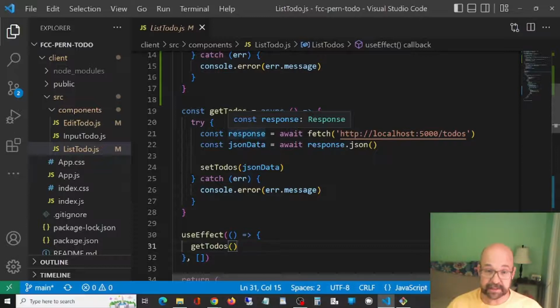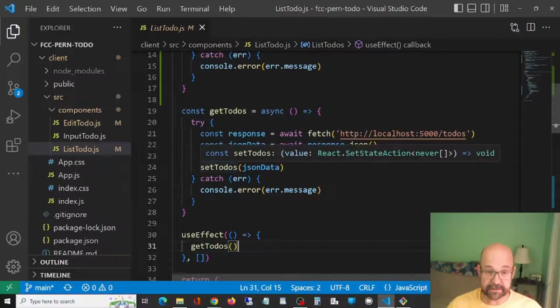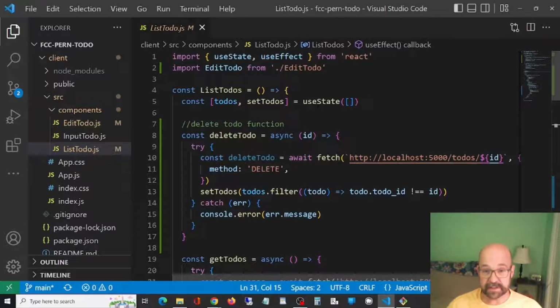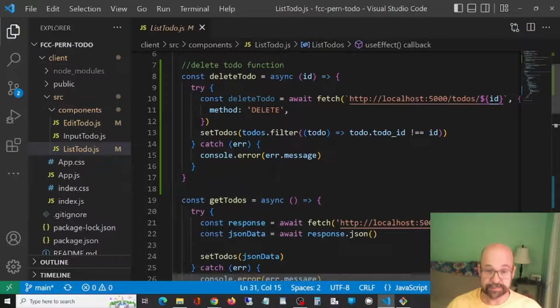And this is saying, okay, now we have this, but it's not in a format that we necessarily can use. So we're going to change it and save it into a variable jsonData. We're going to say response.json, to make it into JSON format. And then we're going to say setTodos. This is that useState. What are we going to set in there? We're going to set this jsonData that we just made, right? So now our state, instead of being an empty array, is going to be this list of todos. Okay,